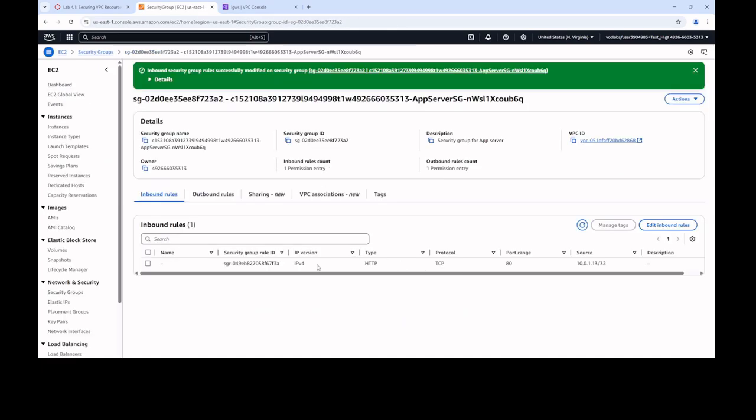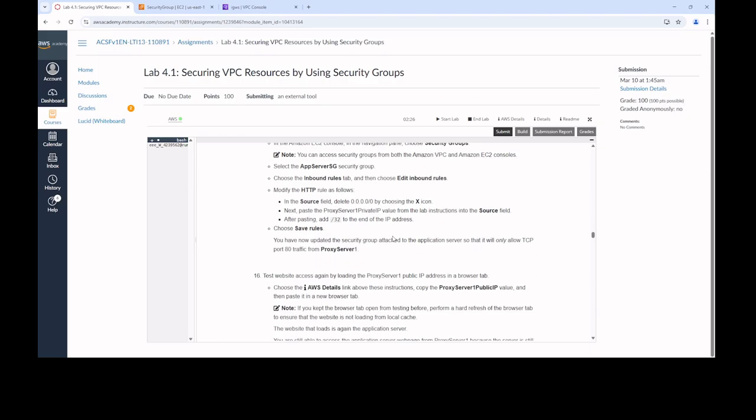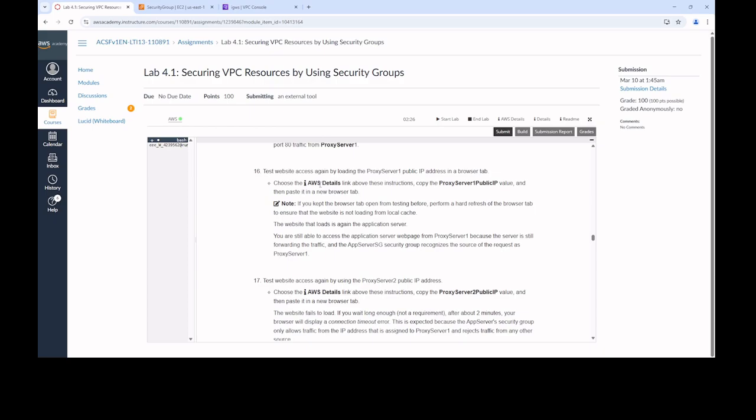Okay, so here we can see now it is 10.0.1.13/32 only, instead of 0.0.0.0, meaning all traffic. Instead of all traffic, only this certain IP will be allowed, right? And you have now updated the security group, only allowing TCP port traffic from proxy server 1 only, right? And then now test